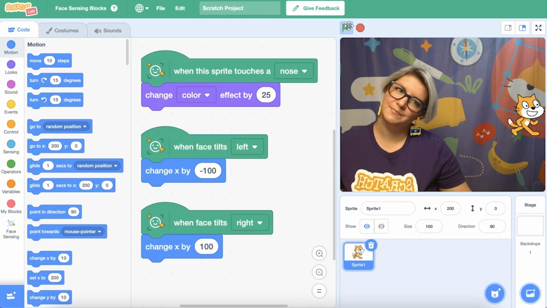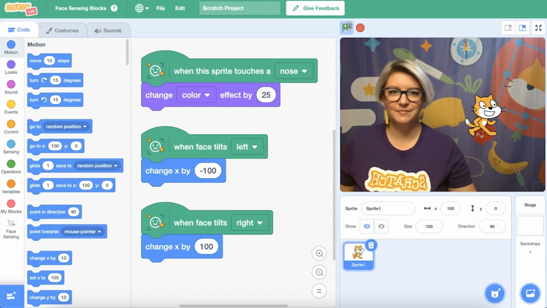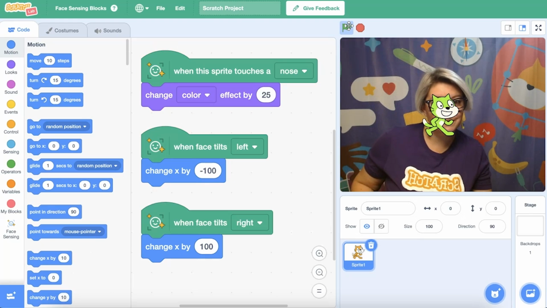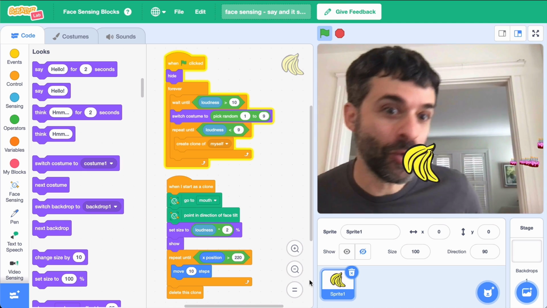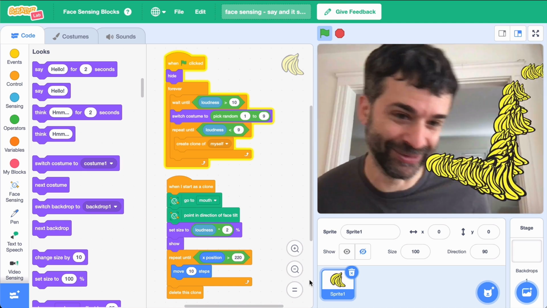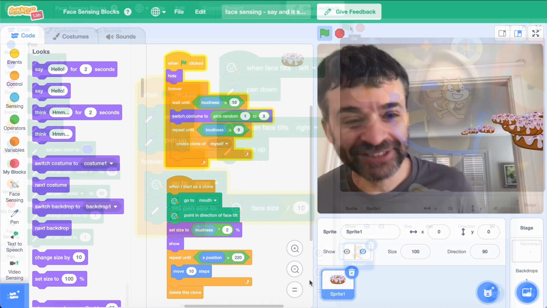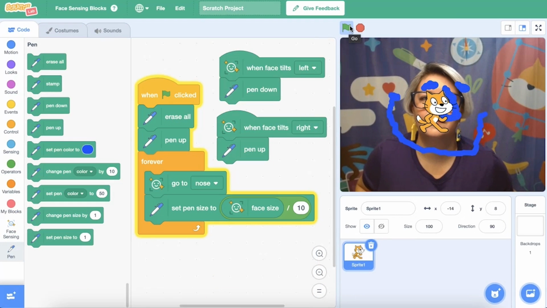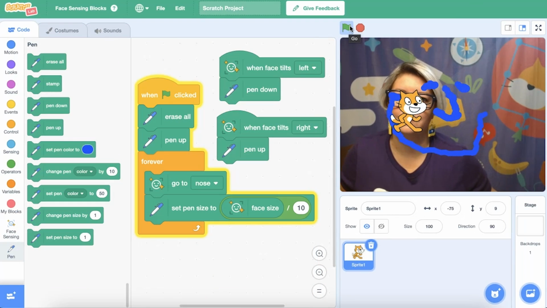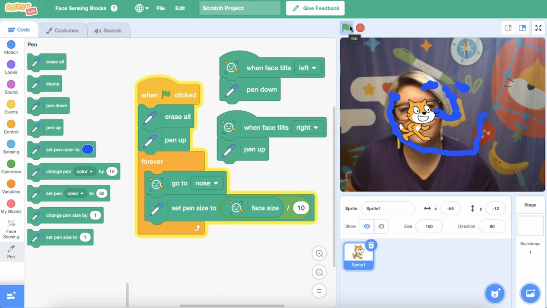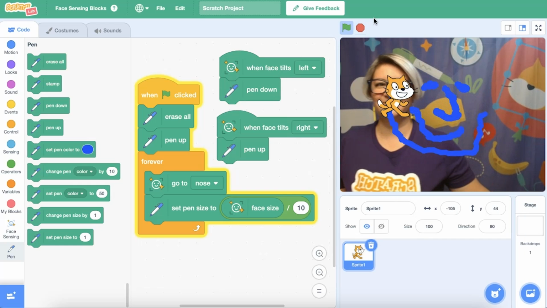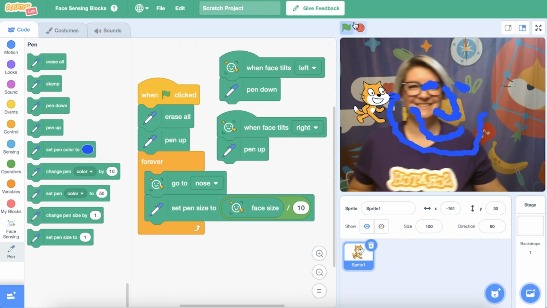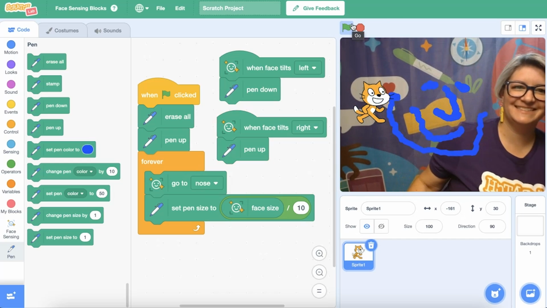At Scratch, we're focused on making tools to help learners express their own creative ideas. That's why we're experimenting with AI, to let you explore new possibilities like face sensing. It is important to note that our face sensing blocks try to detect if a face exists, but they're not able to identify who the face is, or even if it is a human face. That means the AI we use for face sensing sometimes makes interesting mistakes. Identifying these mistakes can help us see the difference between our own human intelligence and AI.